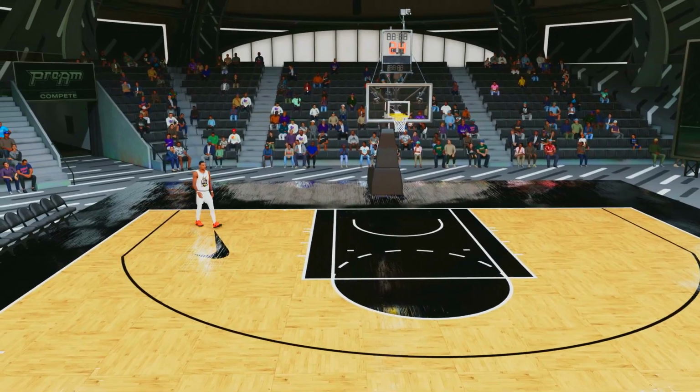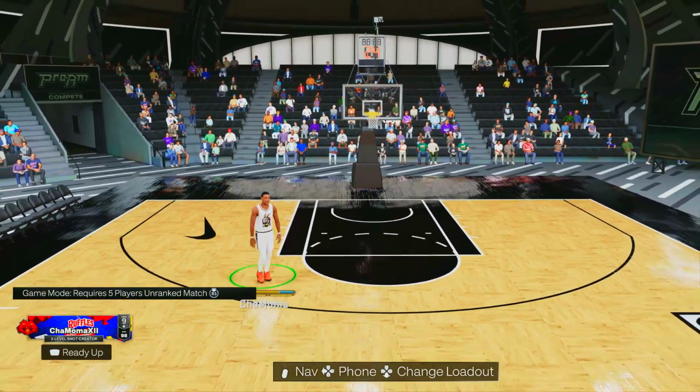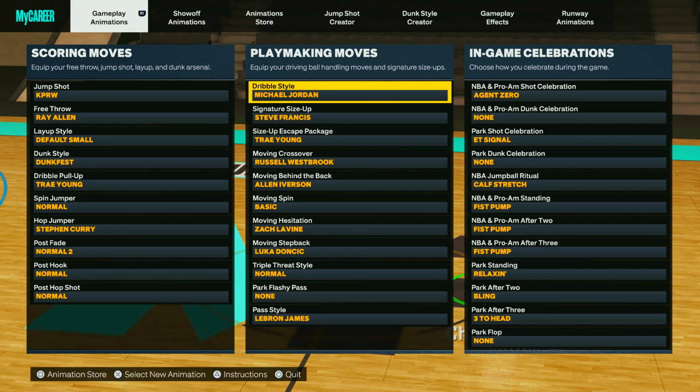It's just going to be a little different based on what 6 you put together. But look, we're in the Pro Arena. Being a Pro Arena, you get a lot more space. That's the only reason I'm really in here, to be honest. But look, as for the dribble moves I use on my 6-1, these are the 6 that I use. If you need to pause the video, you can, but these are the 6 that I use on my 6-1